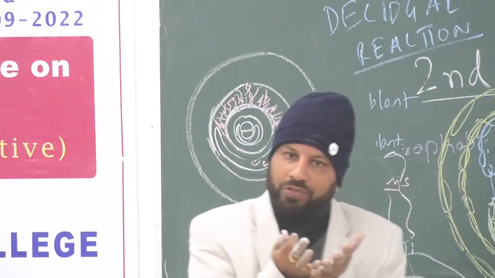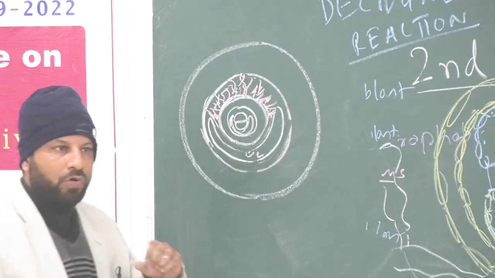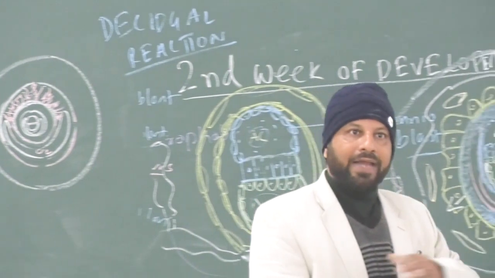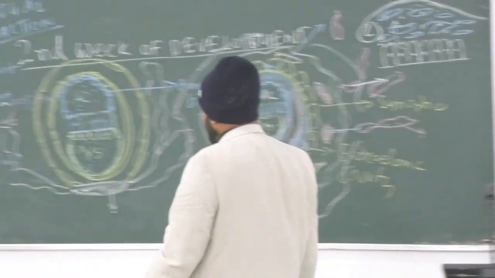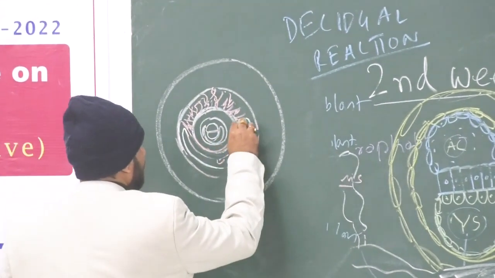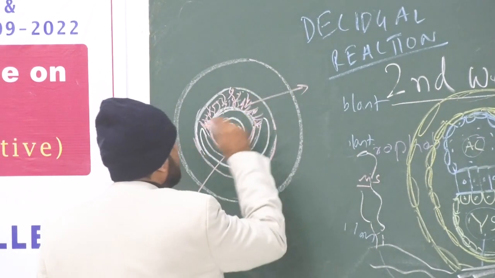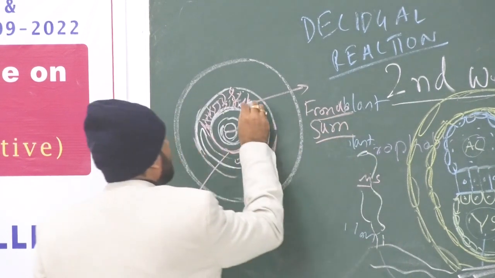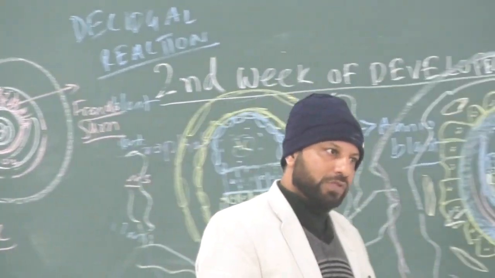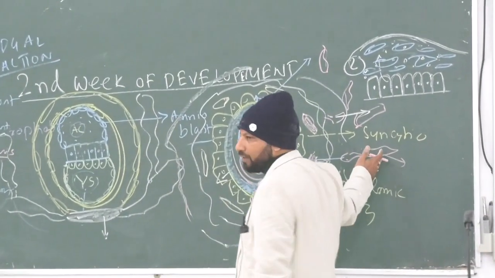কারণ জেস্টেশনাল স্যাক গ্রোথ করছে, ইট কম্প্রেসেস দিস ক্যাপসুলারিস পার্ট। ফলে কোরিয়নের এই পার্টে যে ব্লাড ভেসেলস গুলো ছিল, দিস ব্লাড ভেসেলস উইল বি ডিমিনিশড এন্ড রিডিউসড। রিডিউসড ব্লাড সাপ্লাই হলে কি হবে? সেই জায়গাটায় কিছু থাকবে না, পুরো স্মুথ বেয়ার এরিয়া, এটাকে বলা হয় কোরিয়ন লিভে। আর এখানে প্রচুর আছে বলে এটা বুসি কোরিয়ন, তাকে বলা হয় ফ্রন্ডোসাম। এই কোরিয়ন ফ্রন্ডোসাম এটাই অ্যাকচুয়ালি প্লাসেন্টাতে দেখতে পাবি। কোরিয়নের দুটো পার্ট, কোরিয়ন লিভে, কোরিয়ন ফ্রন্ডোসাম। আর আমি বলেছিলাম যে মেটারনাল ব্লাড কামিং ফ্রম দিস মেটারনাল সাইনোসয়েড, ইট কামস ইনটু দা ল্যাকুনা।